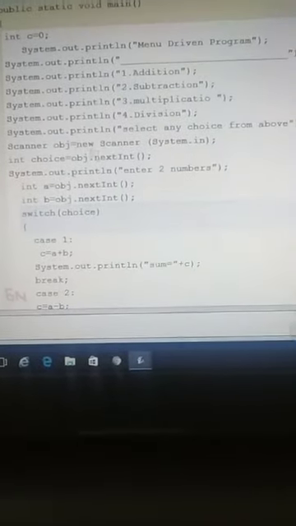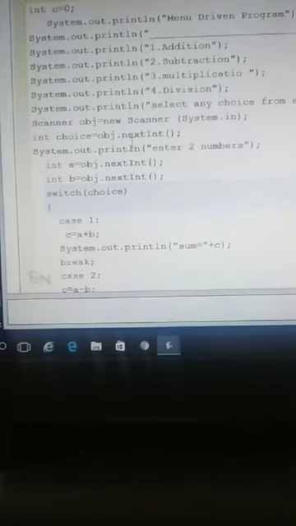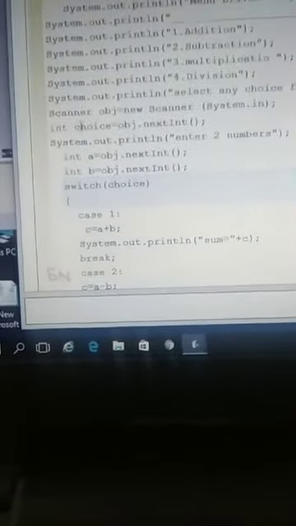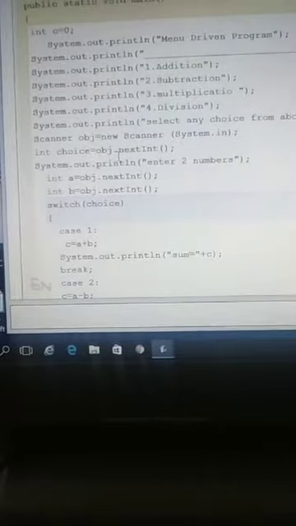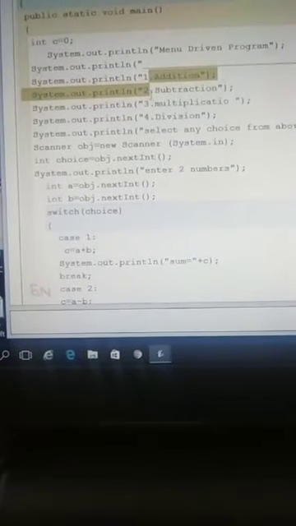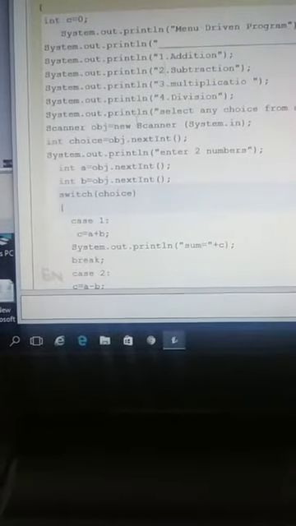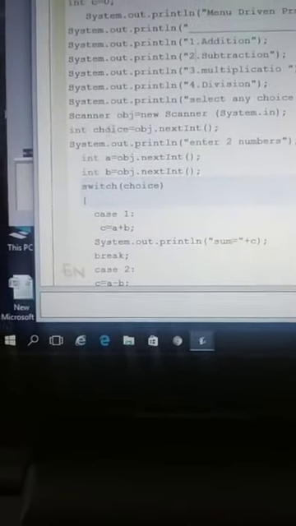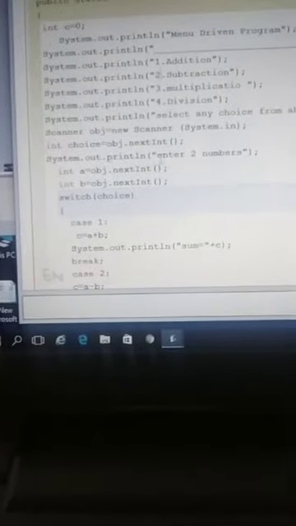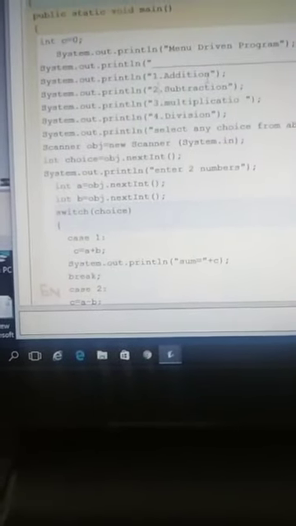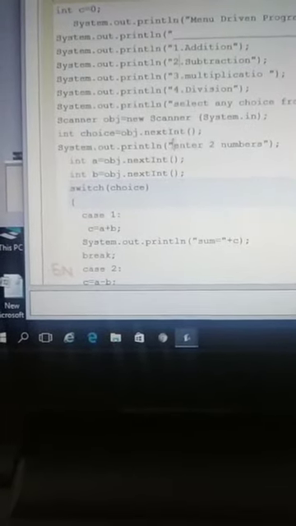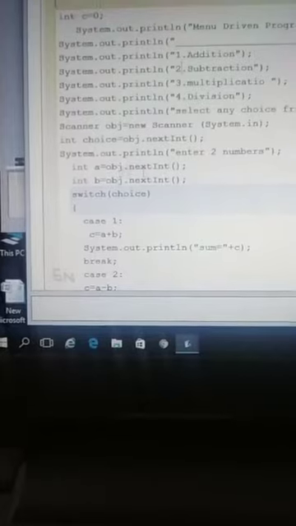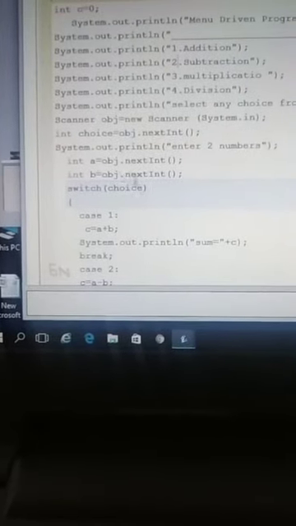See here, Scanner obj is equal to new Scanner(System.in), because we have to input the value through the Scanner class. int choice = obj.nextInt. So choice is a variable in which any one choice from 1 to 4 selected by the user will be stored. Then System.out.println enter two numbers, meaning if the person selected addition, these two numbers should be inputted by the user. int a = obj.nextInt, then int b = obj.nextInt.